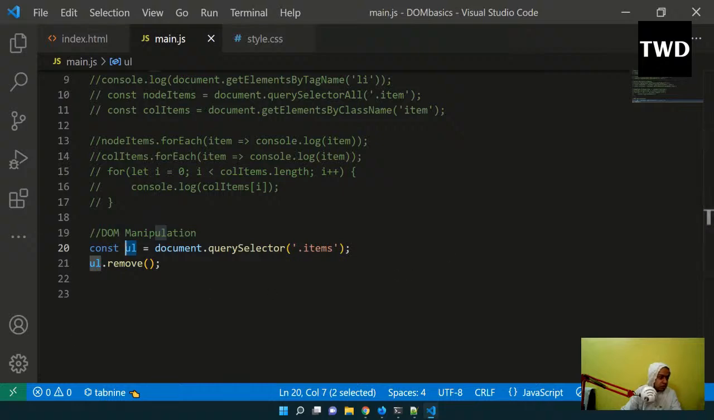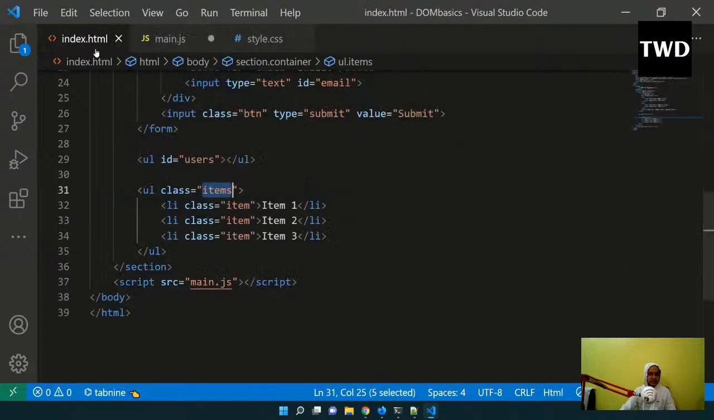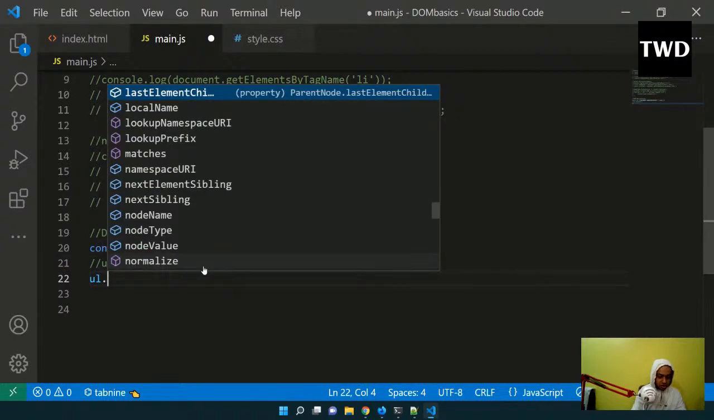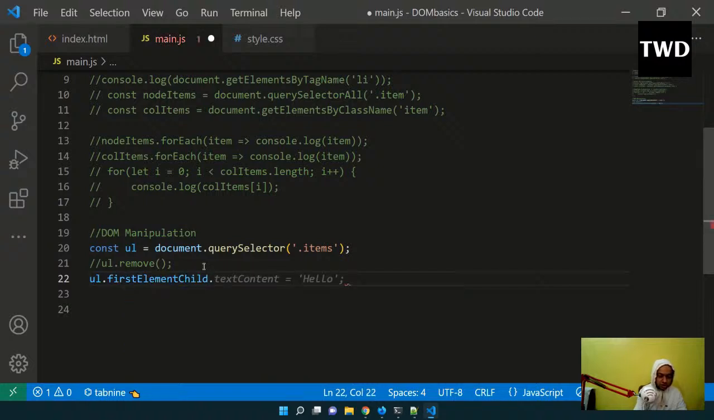Now we are going to look into some main things, and let me again comment this out, but I will keep that other thing. So now what we can do, we can manipulate whatever is written inside item 1, item 2, item 3. All those things we can change, which is the reason it is very, very powerful in JavaScript. And we have many ways to do it, so let us do it with one way. ul dot first element child dot text content equal to